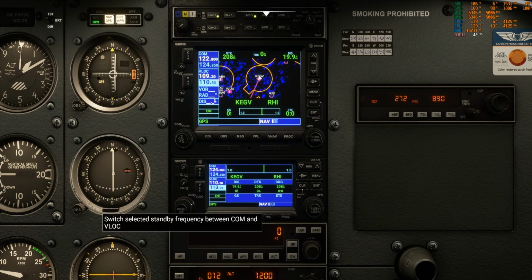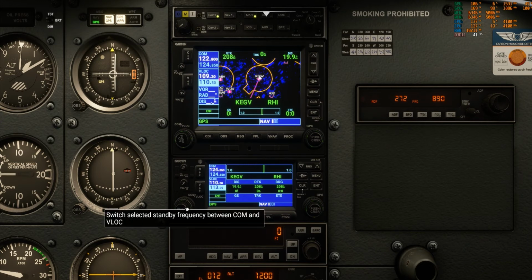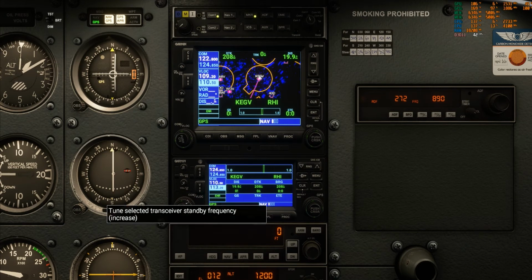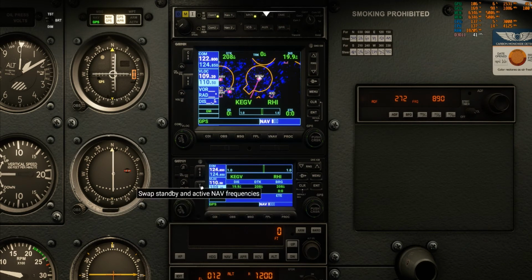So press this, get that down there, and then little numbers, and big knob, big numbers. 109.2, and then switch that to get that to the active VOR. So okay, we got that. And then the autopilot, turn that on, and this thing,